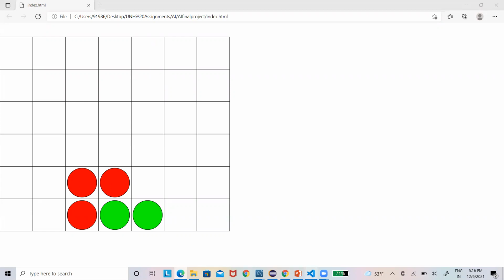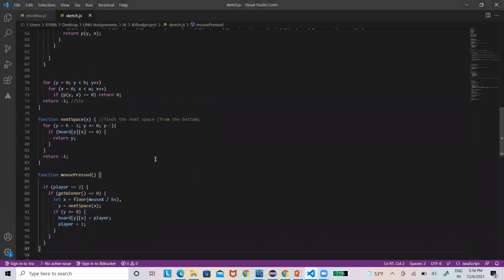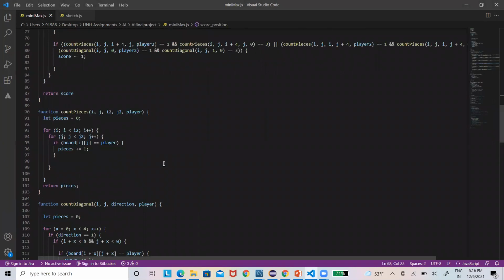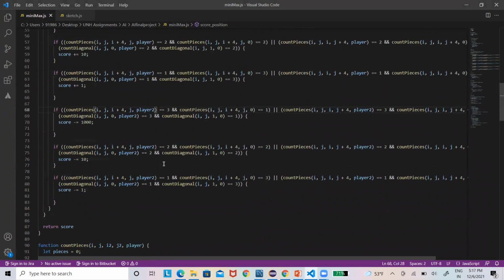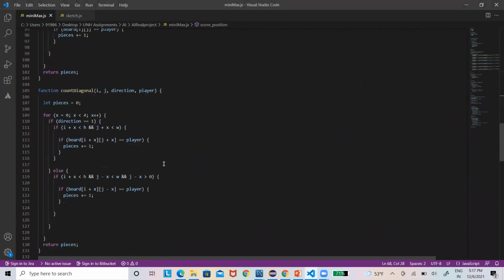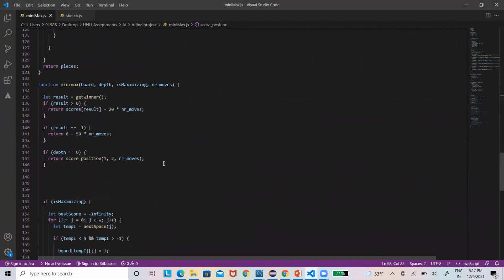In the code, in our minmax function, the AI immediately checks for the best possible route to get 4 coins in a diagonal, vertical or horizontal way.